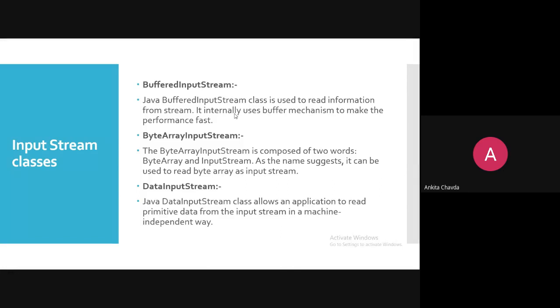So character by character, whenever you are fetching the data, it is taking much time, because you are taking that character and putting it at the appropriate place. So that will take some time. But instead of that, if we have a buffer mechanism inside the stream, then the buffer will store all the characters and you can write at once, you can read at once, right? So it will take less time and it will give you faster performance. I hope it is clear why we are using a buffer.